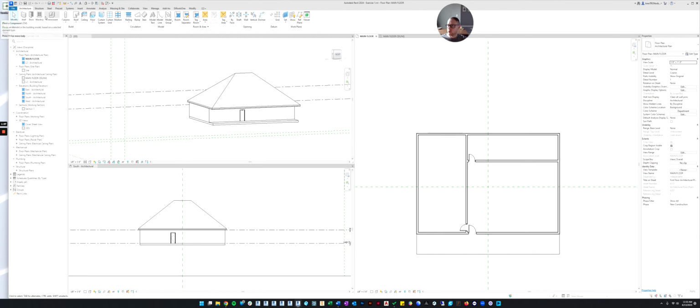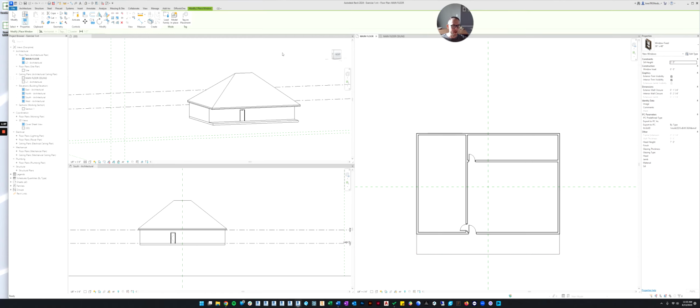Then if you go to the window command, we can place windows. So again, here, let's look at the type of window before we place it. So this is a 36-inch wide window by 48 inches. That's probably fine. So let's select that and keep it. And then this tells us how far off the ground we're going to place it. 3 feet sounds good to me, so we can leave it at that. But if you wanted to change it to 2, you could change it to 2, or you could change it back to 3. And that's fine.